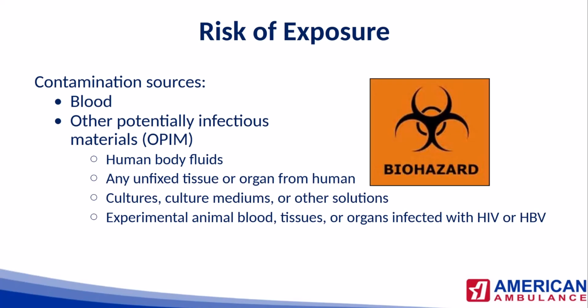According to OSHA Standard 29 CFR 1910.1030, B, blood is the primary contamination source for exposures. However, other potentially infectious materials present significant risks in the workplace as well. This includes human blood, its components, and products derived from it, as well as various bodily fluids like semen, vaginal